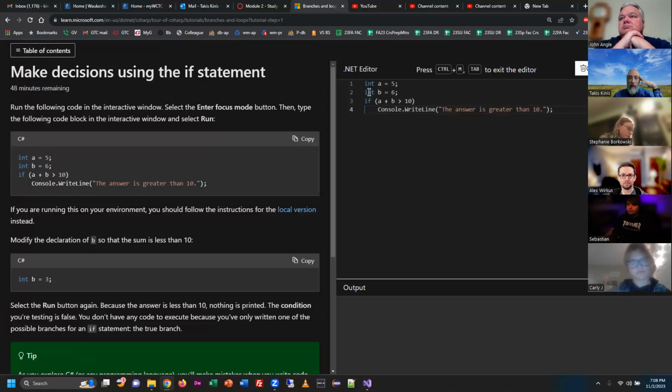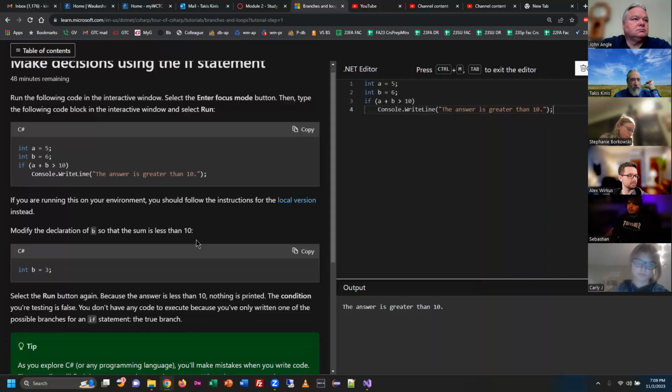So we're setting up a couple of integers and assigning them values. Then we're running an if statement asking if we add those integers together, are they greater than 10, which we can see they are. So what should happen is the console should output the answer is greater than 10. Right, let's give that a shot. All right, so there's the example